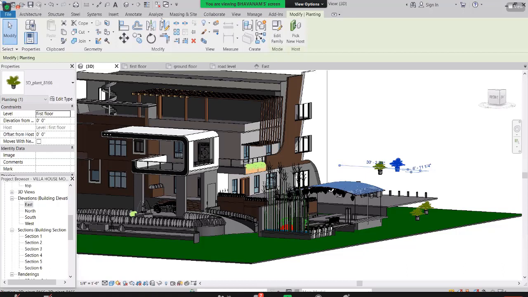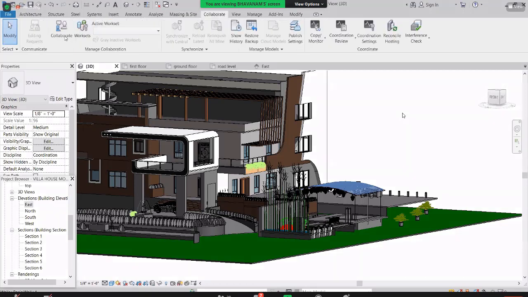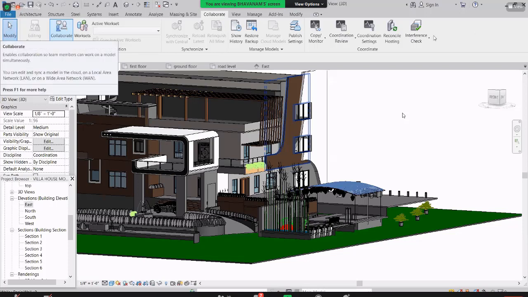And like that, you can use this site layout and topography and all these things. And collaboration: if you want to share the file with some of the electrical engineers, or you have done your architectural work and need to share the file with the structural engineer, at that time you need to go to Collaborate and you can send it to them. And View also: if you want to see tile windows, so two windows, just click here.